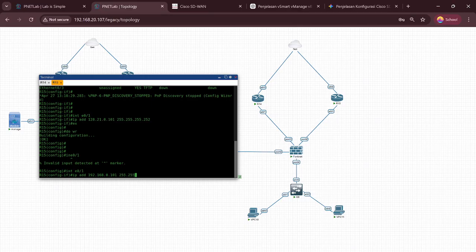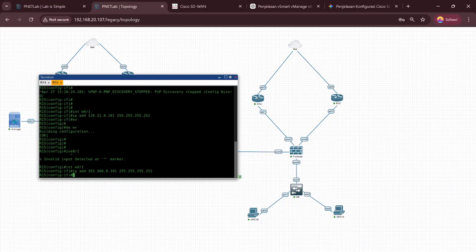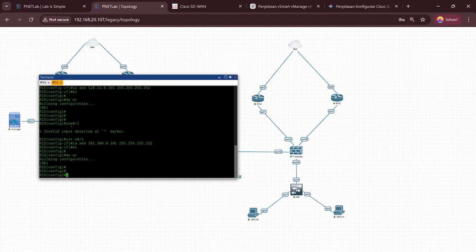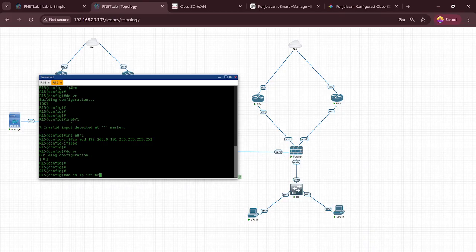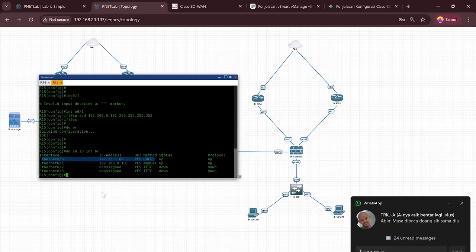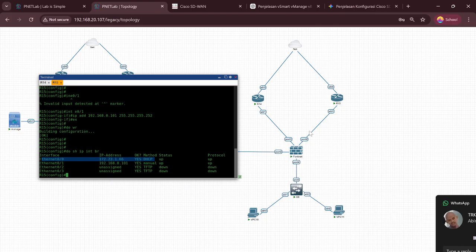Use prefix 30. Okay, click enter and exit. Do show IP interface brief. Okay, Ethernet 0/0 gets its IP address from the DHCP network, and Ethernet 0/1 is configured.